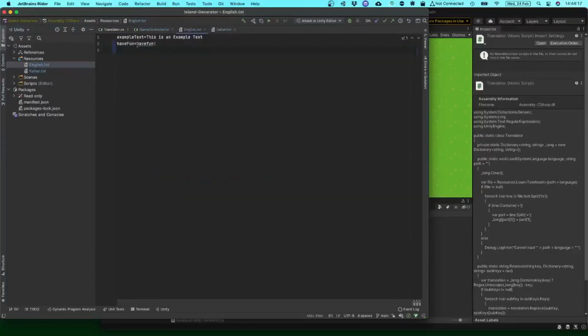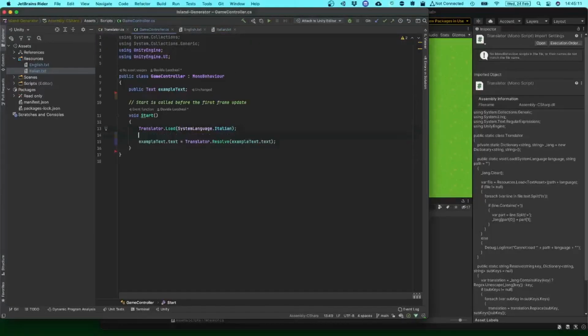Now I'll cheat a little with just another public string variable to be filled in from the inspector, but let's suppose that you want to add the player name to another more interesting text. I'll just change the second key we defined, have fun, to say something like, "Hey PLAYERNAME, have fun", with PLAYERNAME spelled all caps. For Italian, I may want to put it somewhere else. Let's try with "Buon Divertimento PLAYERNAME".